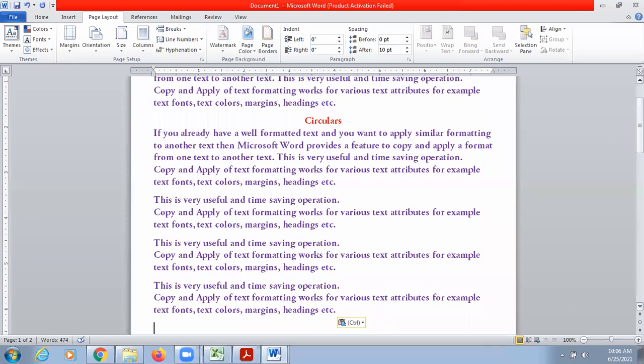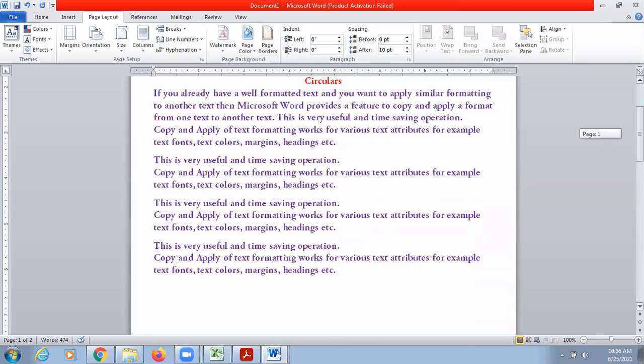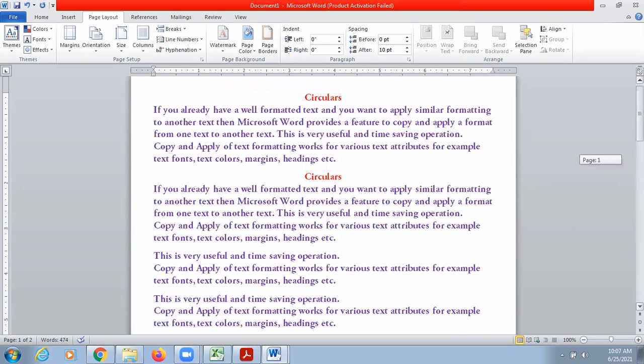Suppose you have already developed the first chapter and the rest of the content belongs to the second chapter. So before starting your second chapter, you can press Ctrl plus enter, or you can add a page break, so that if you add a few more things in your chapter number 1, it will not affect your chapter 2. Your chapter 2 will remain there on the next page, starting from the beginning of the page. So this is a feature of MS Word using which you can insert a page break.